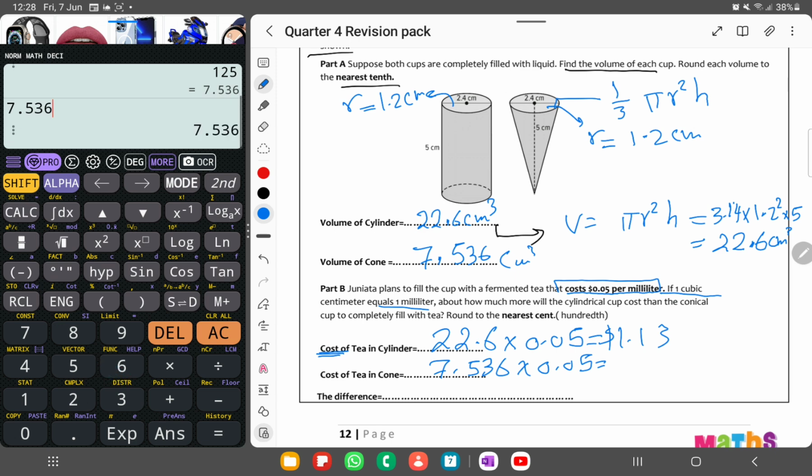7.536, but he said to the nearest tenth. Take care. So the 3 and the 6 are going to be erased, because 3 is weak, so we cancel the 3, so it's 7.5, just 7.5. So 7.5 times 0.05, which is $0.375. The difference between them, subtract 1.13 minus 0.375, which is